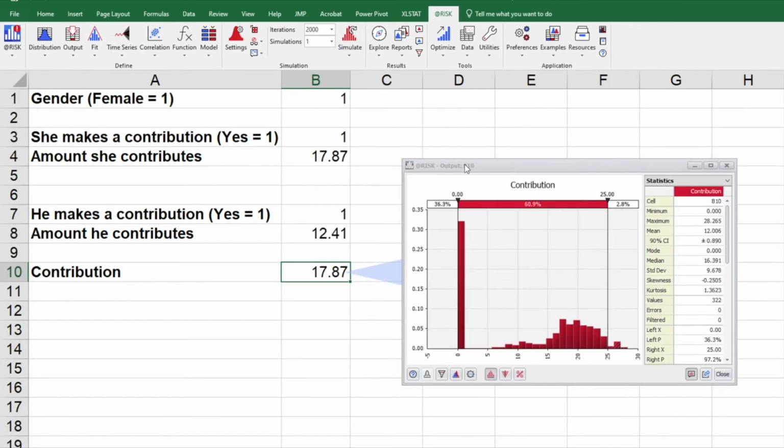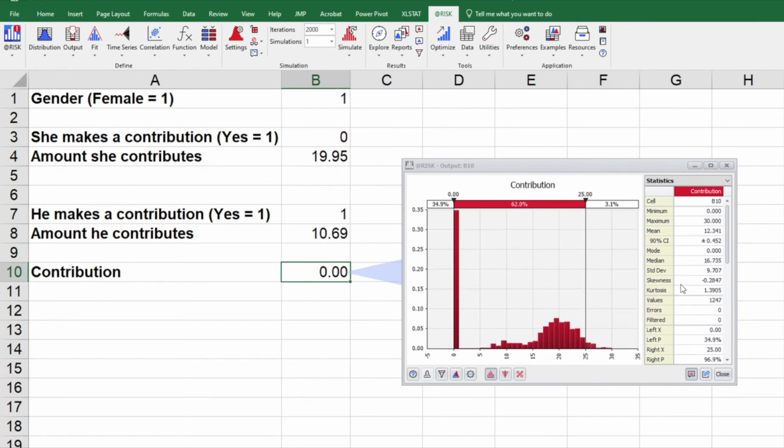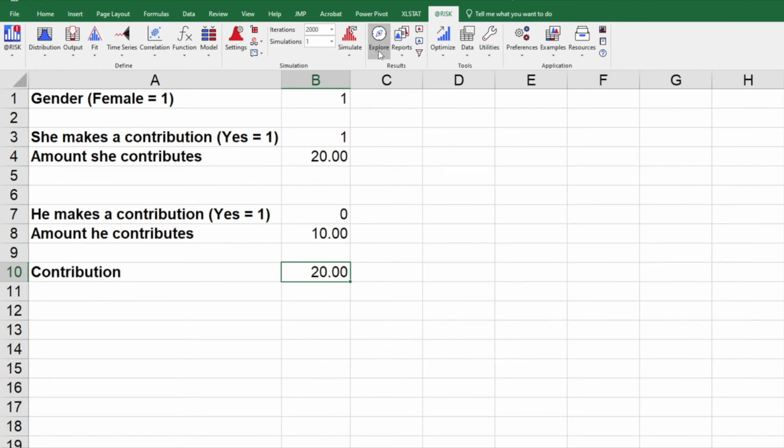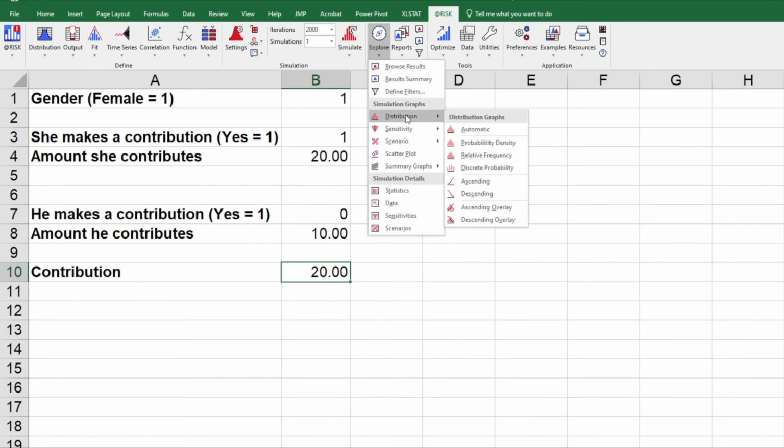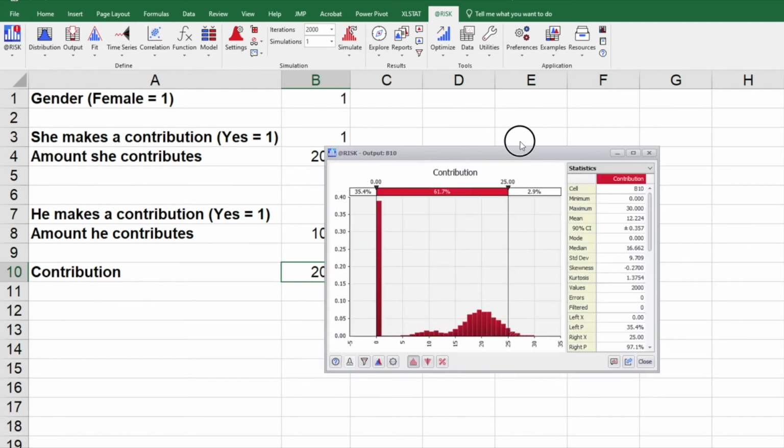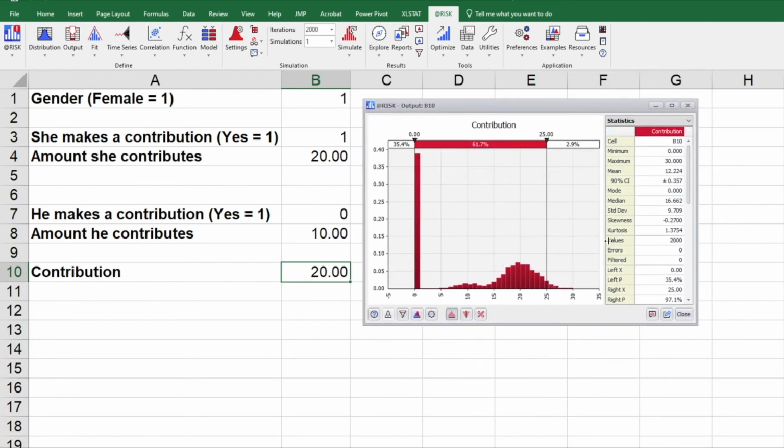As you can see, @RISK started doing that. And if you don't see the same graph as I do, what you can do is move on to step 5 and click on explore, distribution, automatic. And so this is the same graph we see here on the left, and there are some summary statistics on the right. Okay, so from the summary statistics, we know that out of 2,000 iterations, the average donation is about $12, and the standard deviation is about 9.79 or $10 here. Okay, and the median donation is about